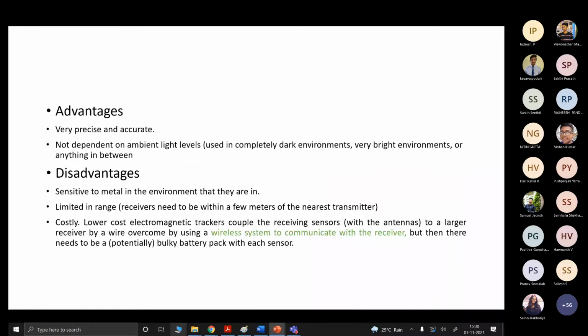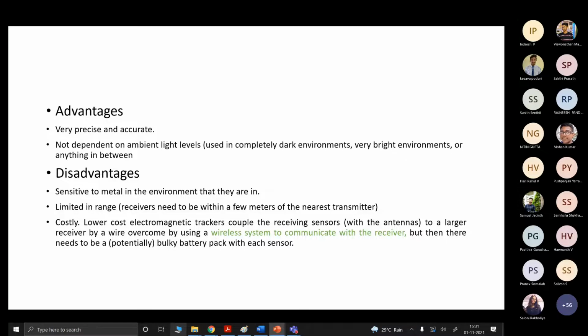The advantage of the electromagnetic tracking system is that it's very precise and accurate, and similar to the previous case, it doesn't depend on lighting. It can be used in a dark or bright environment, whatever the environmental condition. Coming to the disadvantage, it's sensitive to metal in the environment where it is kept.